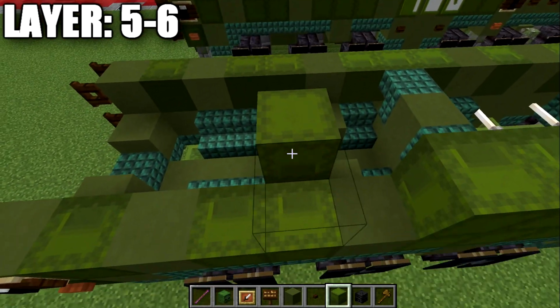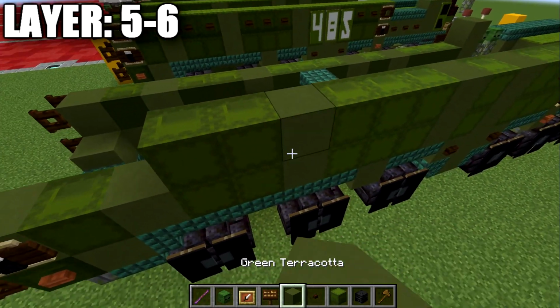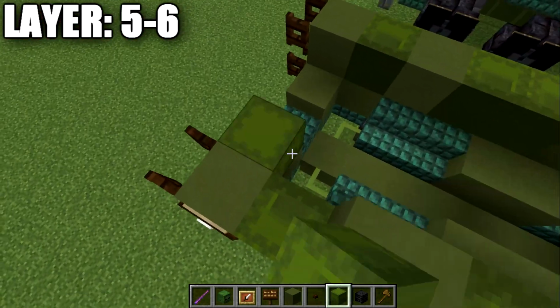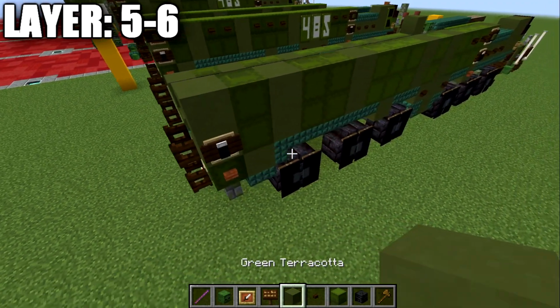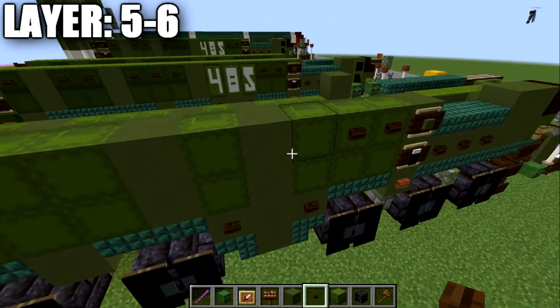And it kind of, again, sucks placing these shulker boxes, but it is what it is. Part of the process here. And then we have our last shulker box here, like this, and then our green terracotta block on the end. Now, at this point here, on each one of these, besides these 2 shulker boxes here, we're going to